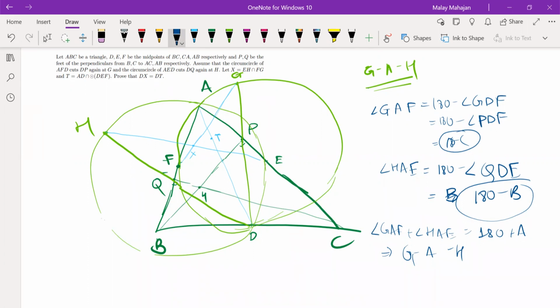And now you can chase some angles, but these three are collinear. These three collinear. Okay, can you find angle XFD? Yeah, it's GFD, which is GAD, which is, well,